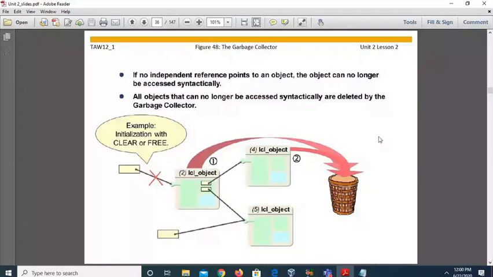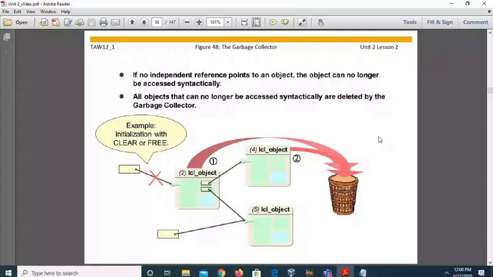So all the objects or reference variables which are not pointing to a particular class must go into the garbage. How can we do that? With the help of the CLEAR statement or FREE statement. Once you use CLEAR or FREE, it automatically deallocates all the references from the objects and sends them to the garbage.